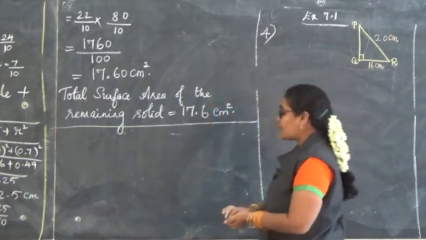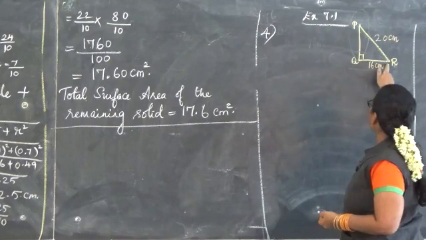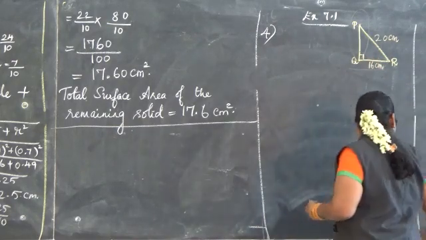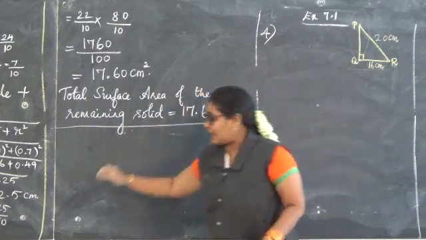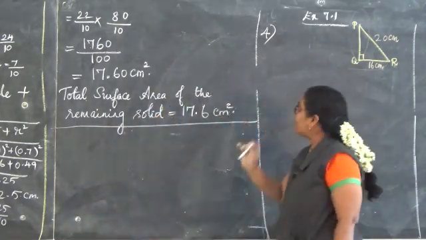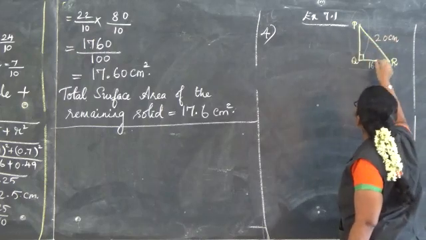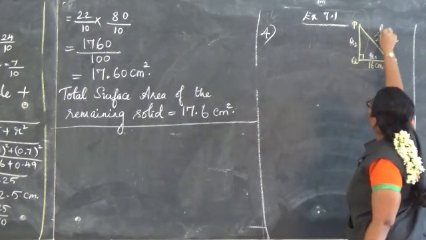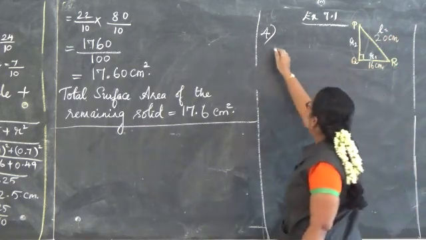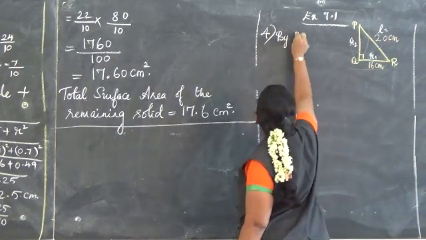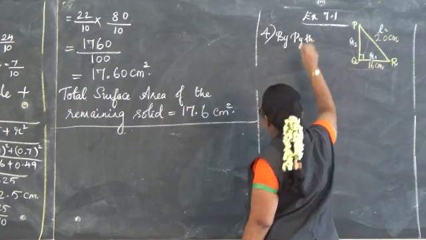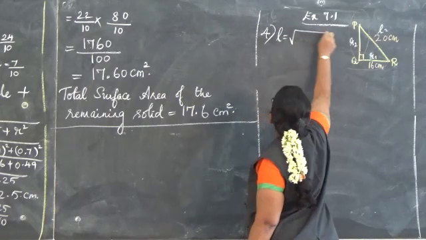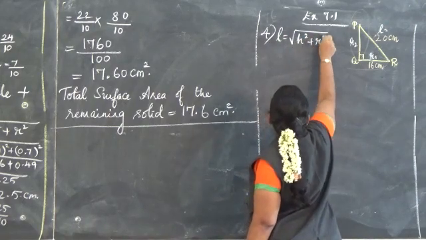So we are supposed to compare the cones when it is rotated about QR and when it is rotated about PQ. Now before starting with these values, we need the value of L. L is nothing but this, this is one part of radius, this is another part of radius, and this is your L. Now we need PQ. So by Pythagoras theorem, L is equal to the square root of h square plus r square.